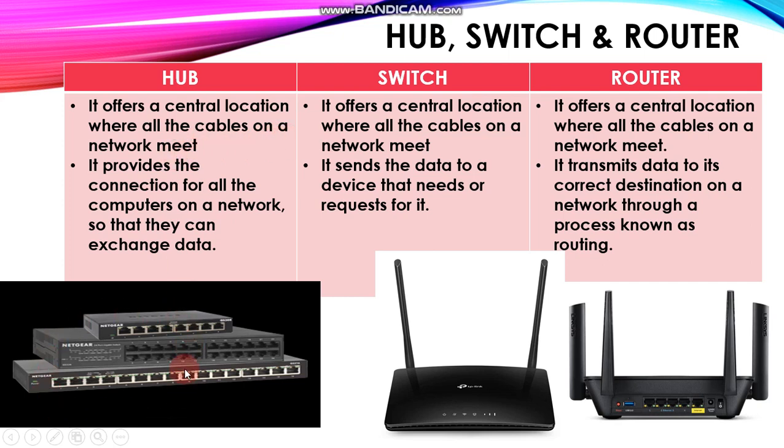You might have seen a network box in the computer lab, on top of the teacher's computer. There you might have seen many wires connected to a single box. So this is called a hub or switch. Hub and switch look the same. These holes take all the wires from different computers and give a central location using cables. If we have 40 computers in the lab, all 40 wires will be connected to a hole here. That gives a central location.